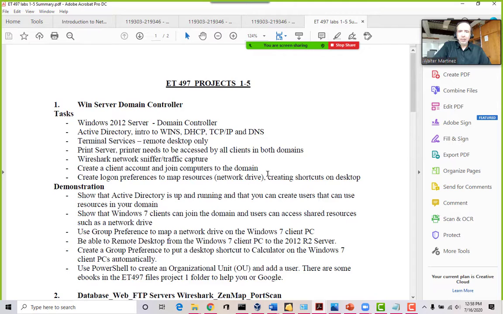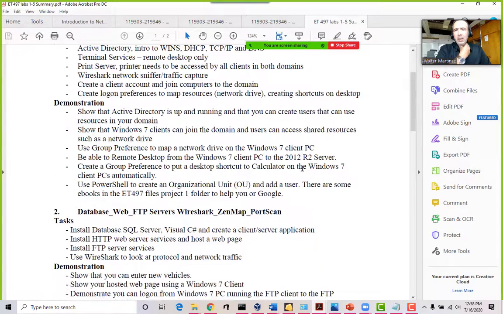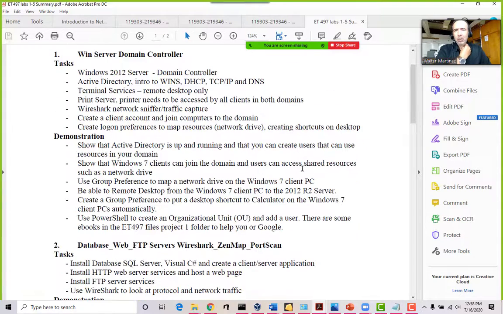Open this up. So the first thing we're going to be doing is we're going to be creating a Windows domain. We're actually using a Windows 2019 server, and we're going to be using Windows 10 computers. So you'll learn how to connect computers virtually. So we'll be creating a virtual environment on your computer.